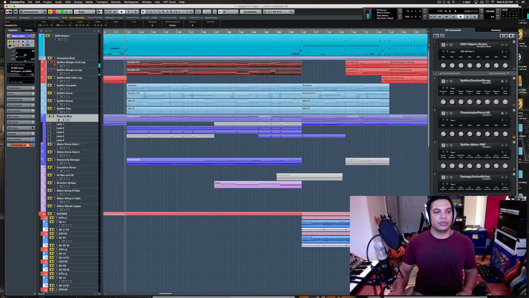So those are the strings there, and this is the brass section I have here.